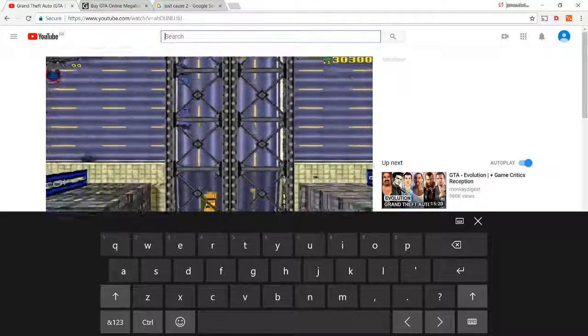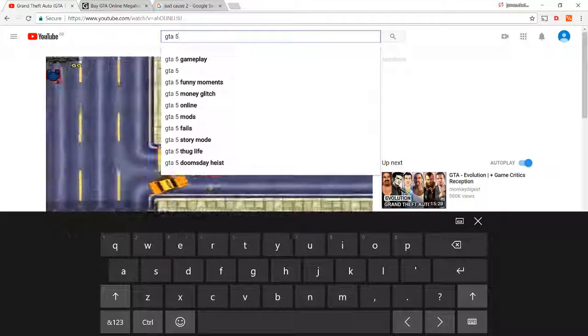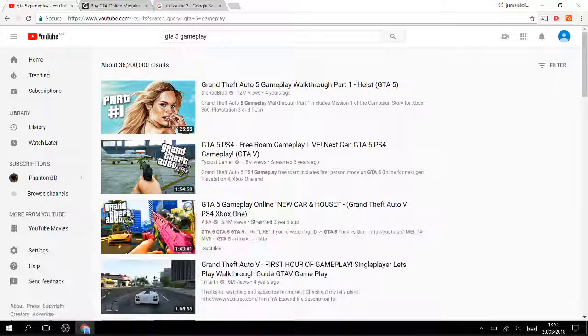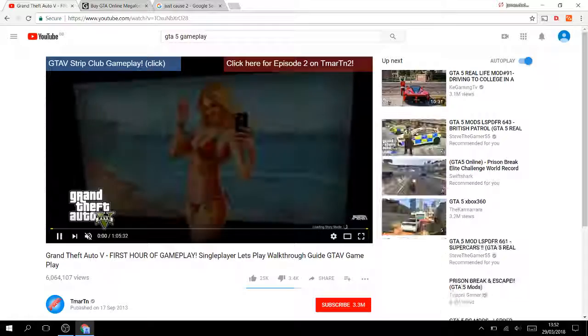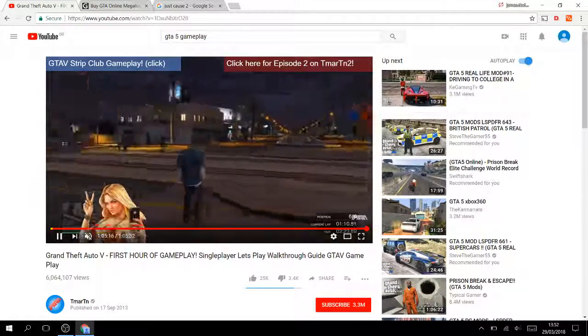Basically, GTA 5 was the first game to have online abilities, meaning suddenly the game was not so single player, but you were able to play with people across the world. This brought a whole new element of socializing to the game. It meant that suddenly you're able to interact with people from different worlds.